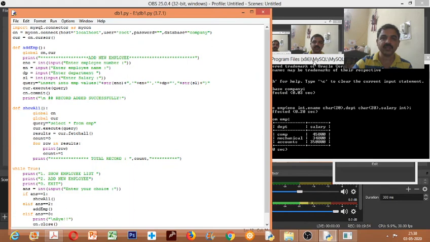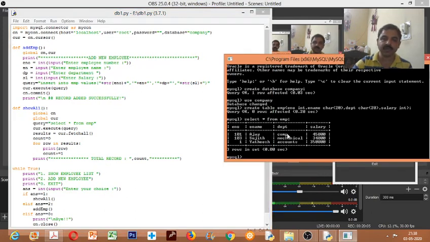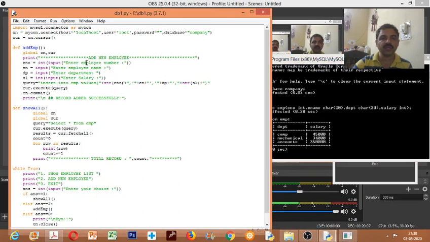You can create a table and database through Python code also, but as we are not changing the structure of the database every time, we can create it in MySQL in the beginning. All the data entries and other operations will be done from the Python program. So this is how a database connectivity program works.